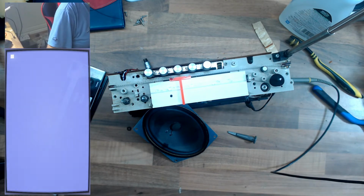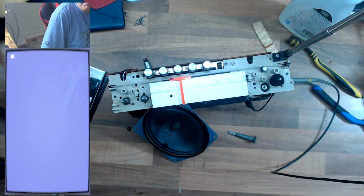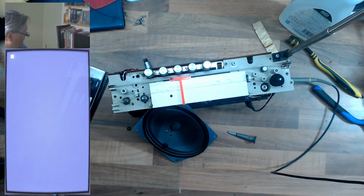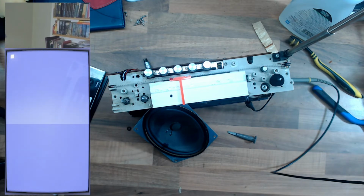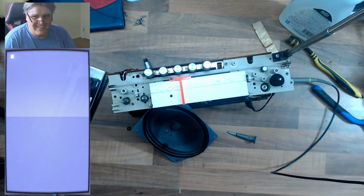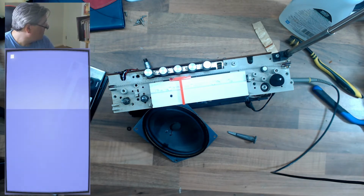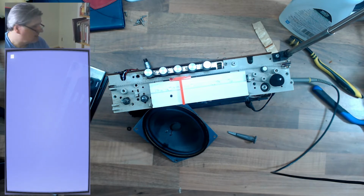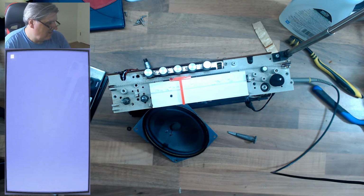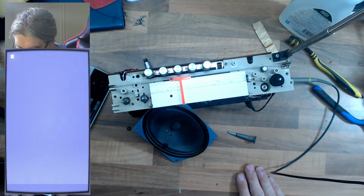Okay, Google. What is the wavelength for 1.2 megahertz? Okay, Google. What is 1 divided by 1.2 million? It's not really good enough, that. So we'll be looking at...